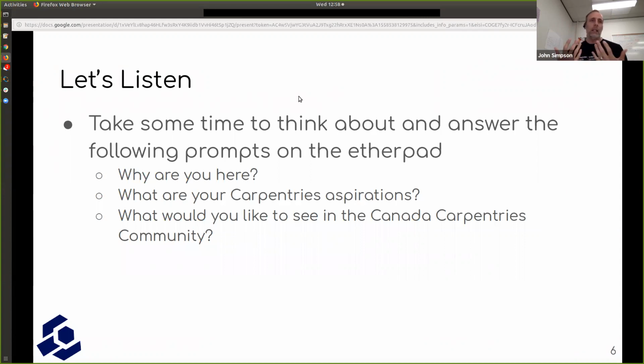But we know that it needs to come from a place other than the admin side, which is where James and I are mostly embedded. And so we're really looking for what's going to light a fire for you right now.